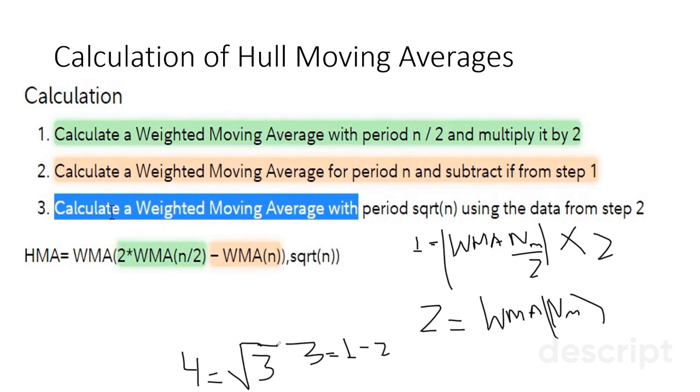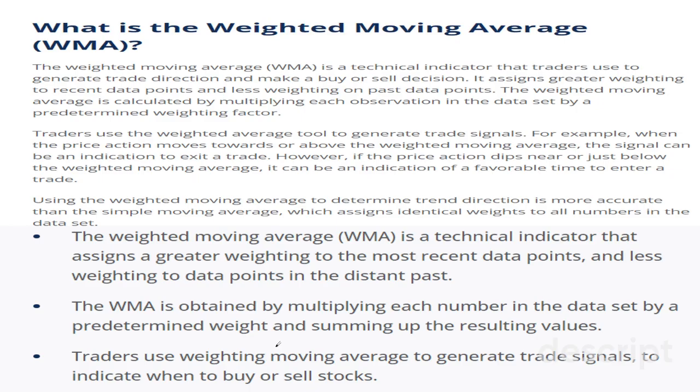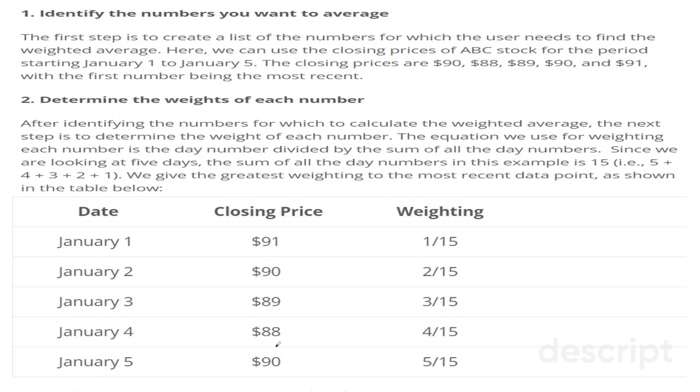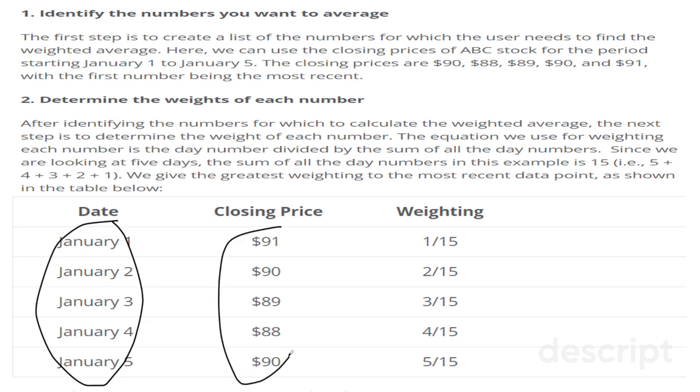What is WMA? Every time we use the word WMA. Let's have a small bite of WMA. WMA is nothing but weighted moving average. For example, this is the time period of an instrument and this is the price in dollars. This indicator will give more weightage to the nearby price. How? It will calculate the period: 1 plus 2 plus 3 plus 4 plus 5 is the period. The formula is very simple.